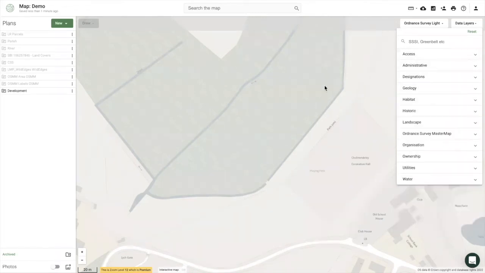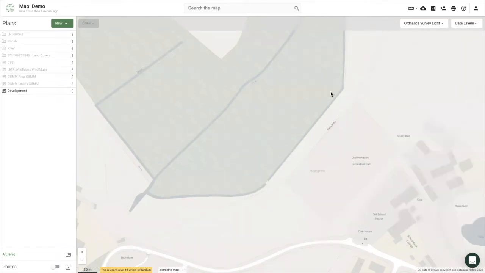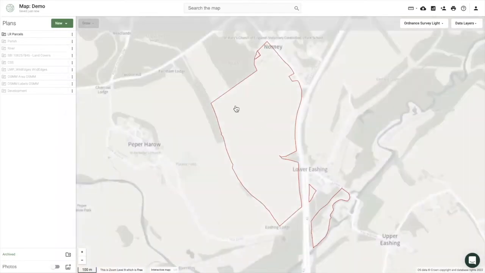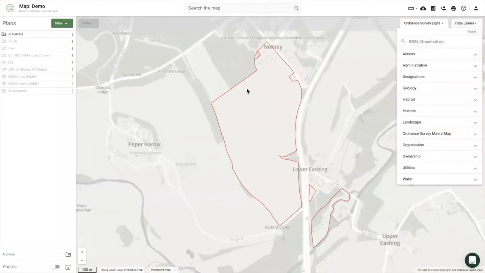So sticking on the theme for data layers, what I wanted to do is make you aware that you are in the professional subscription entitled to create data layer reports. And a data layer report is a way of understanding in a tabular way which data layers your area